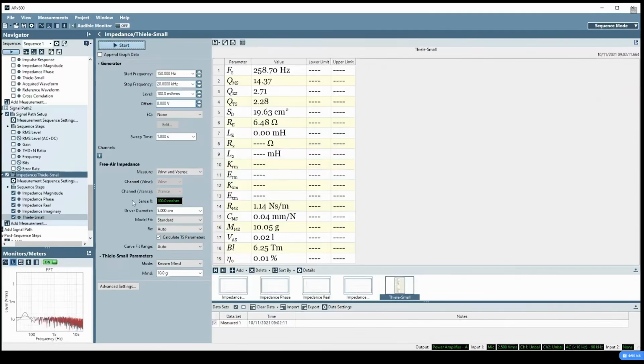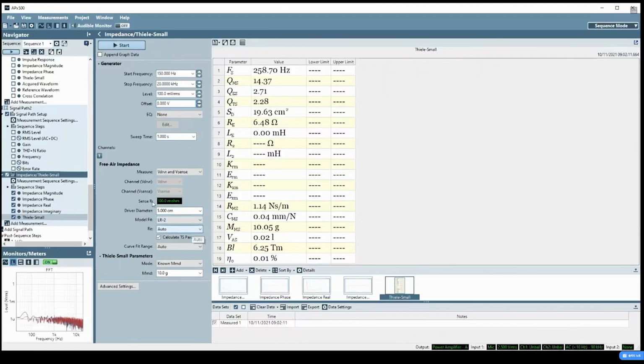Just doing this at 100 millivolts out. And we have our Thiele-Small parameters,